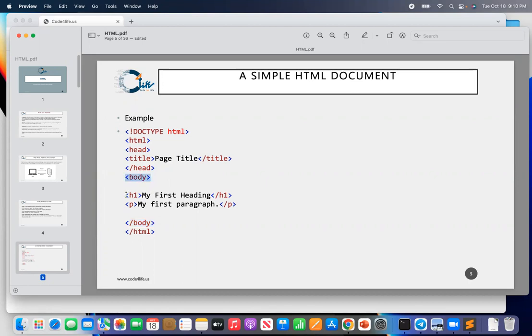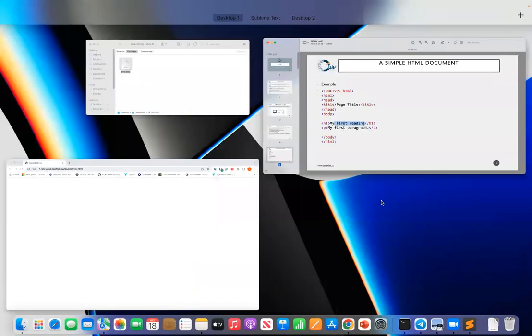I just want to point it out that, as I said, these are referred to as tags. This is called the opening tag, this is called the closing tag, and this is called the content, right? Only the content is visible on the browser. Remember, only the content is visible on the browser, everything else is not visible. All right, so the next thing we need to do is